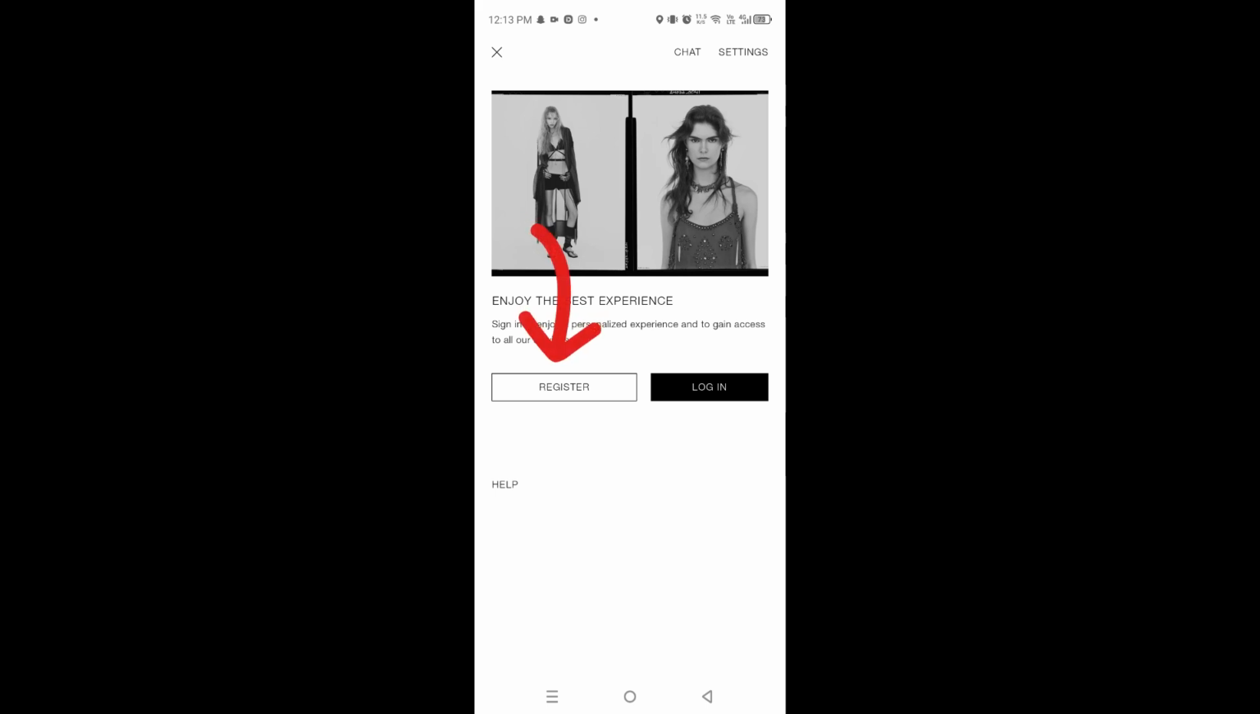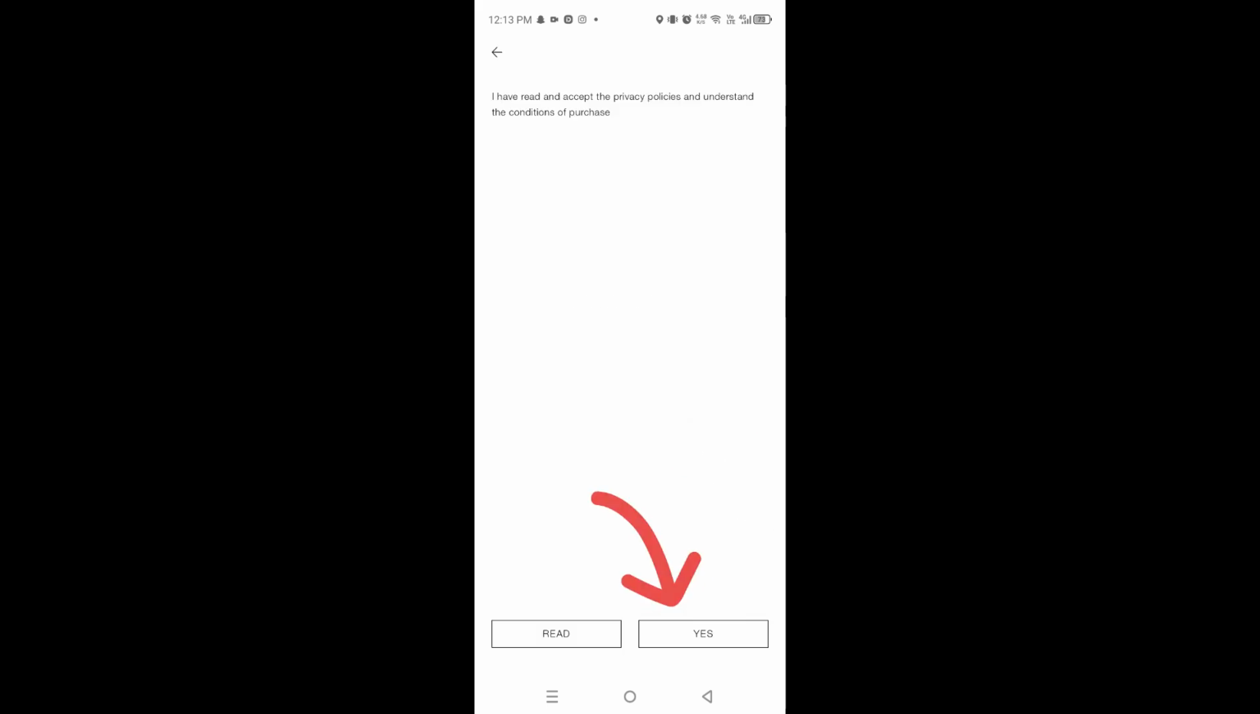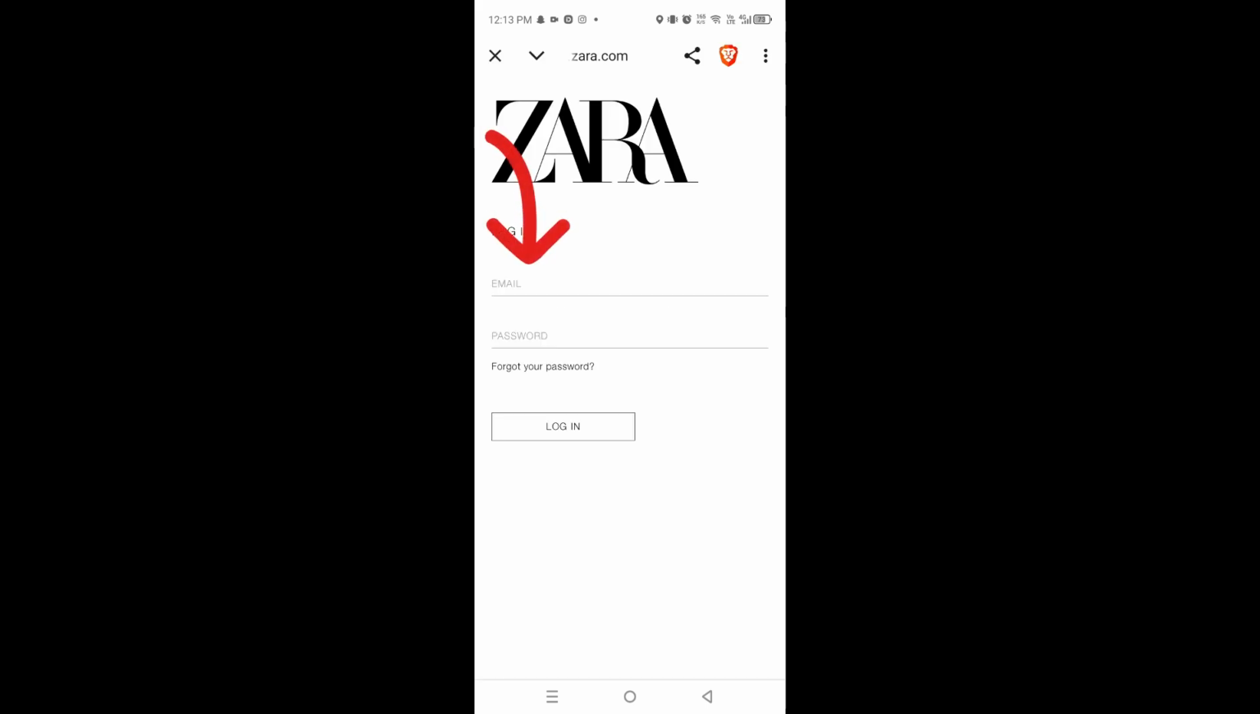Here, you will be able to see Register or Login option. Tap Login. Agree to the Terms and Privacy option. Now, enter your email address and password that you used while creating your Zara account. Once you have entered your details, click or tap Login